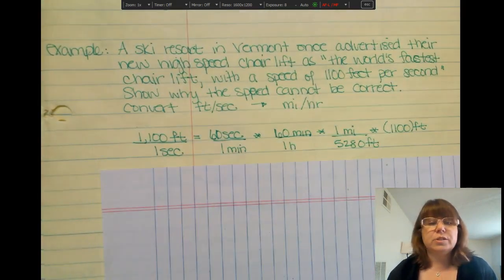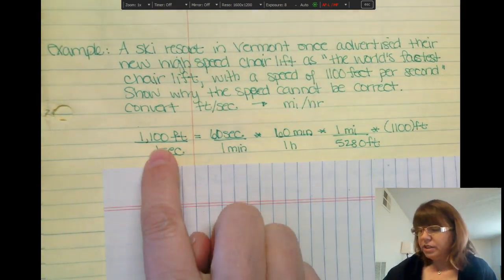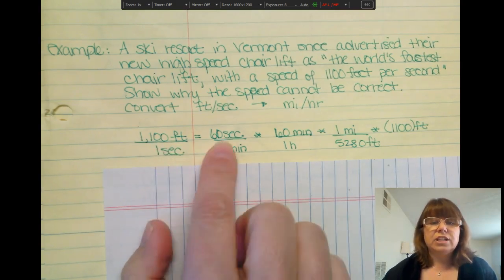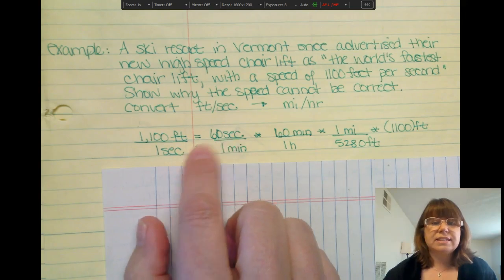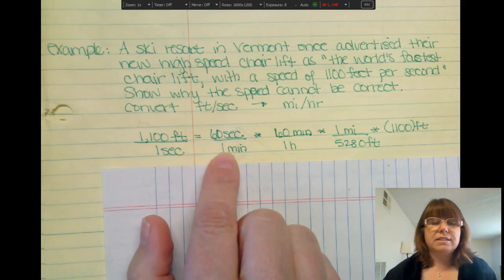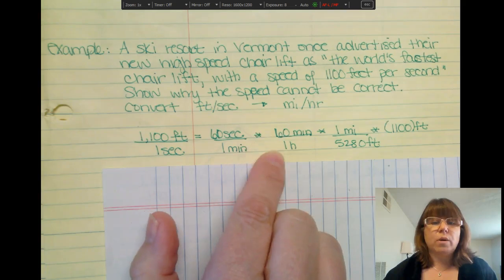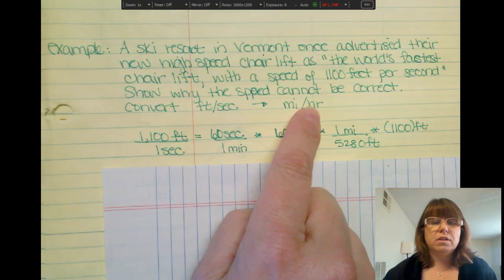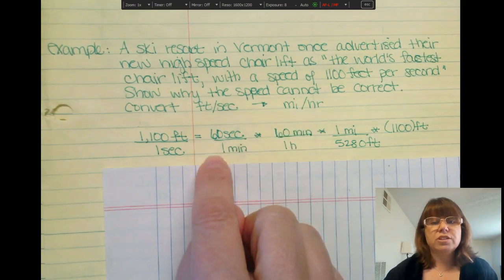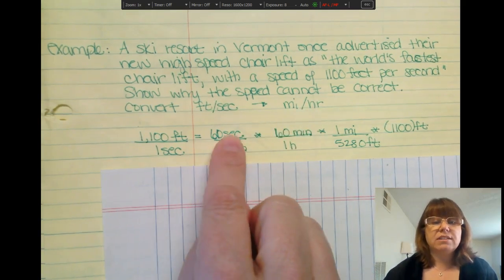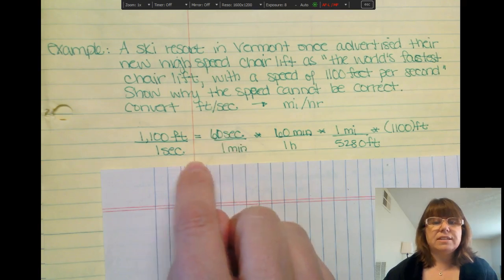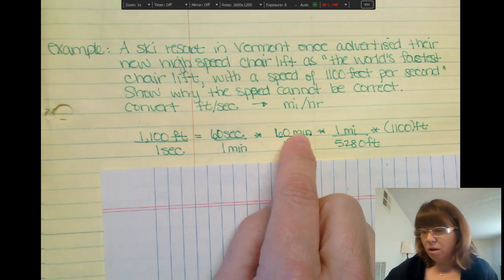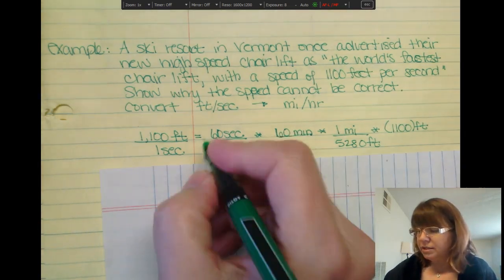So here's what I need to do. With 1,100 feet per second, I need to change the seconds into minutes, and then the minutes into an hour. Now, I want the hour to end up on the bottom, so I chose the conversion factors to be able to cancel out the seconds and eventually cancel out the minutes. Now, all I need to do is